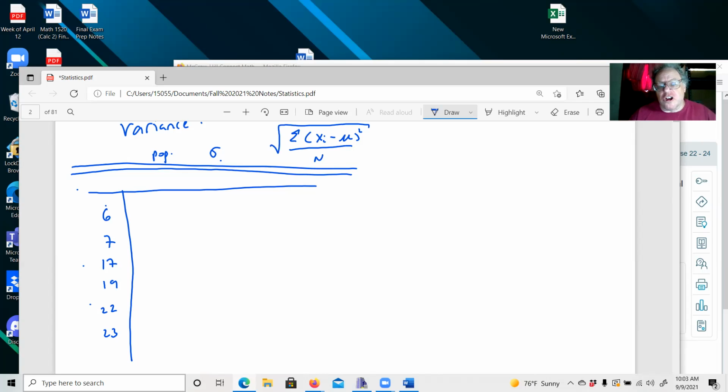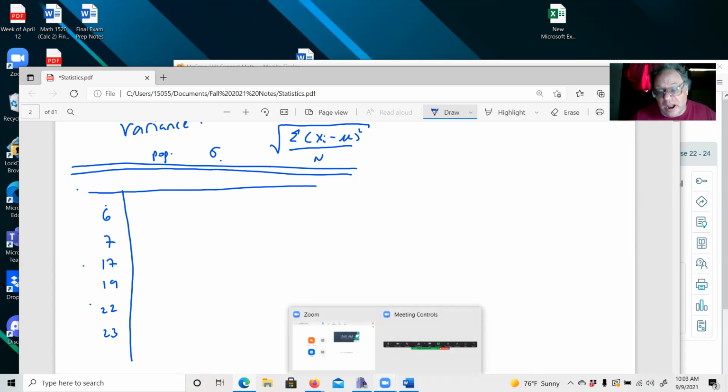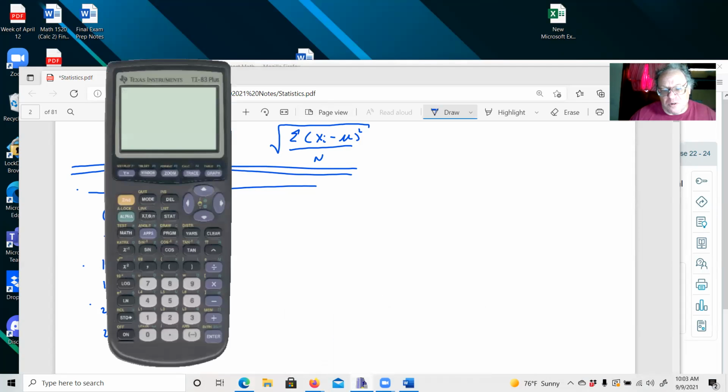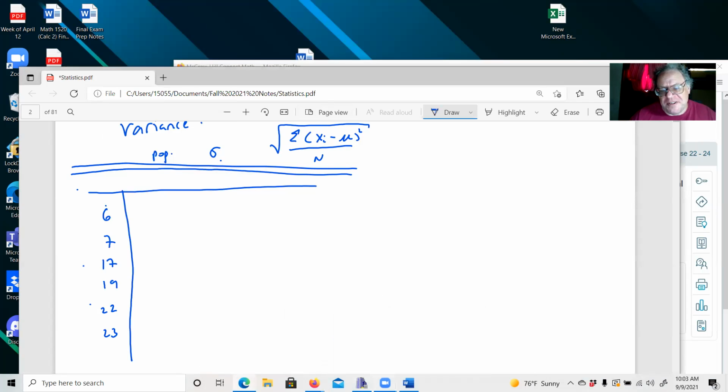Again, you're going to be getting this out of the calculator. I'm not going to ask you to do this by hand. You probably should not memorize this formula. Actually, I don't really want you to memorize any formulas. I'd be happy to put formulas on the exams for you. You'll never have to memorize them. That's another thing that gives stats a bad rap, like, memorize all the formulas. No, you don't. You look them up.